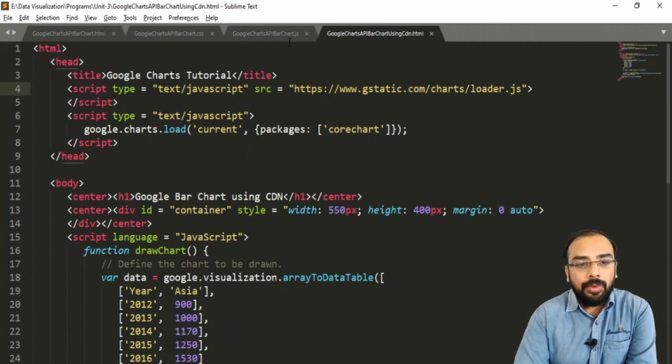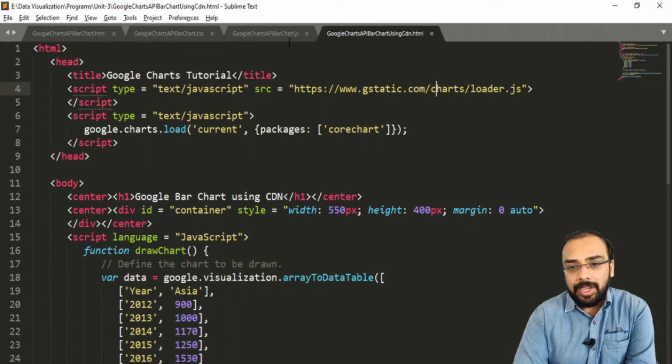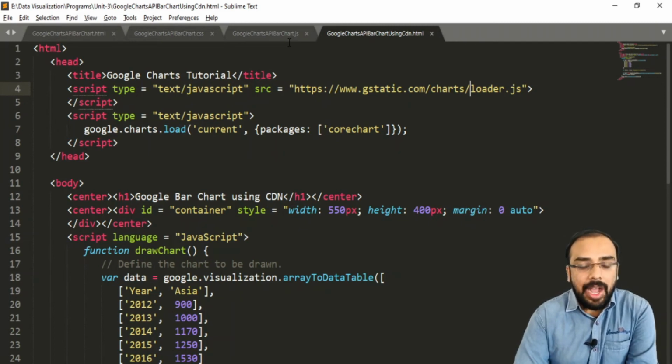So for that we have taken a script tag with a type of text/JavaScript, and we have specified the source. The source is https gstatic.com, and from there there is a subdirectory called charts, and from there we want to load this file, that is loader.js.